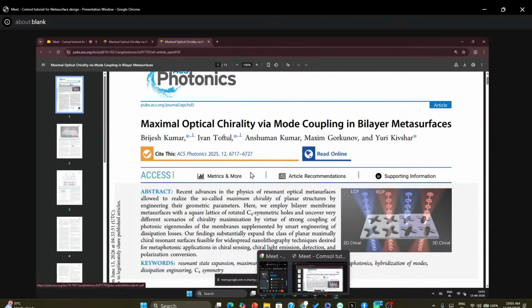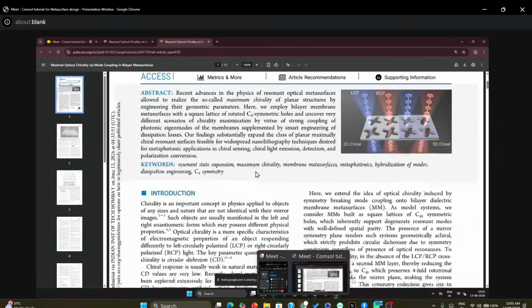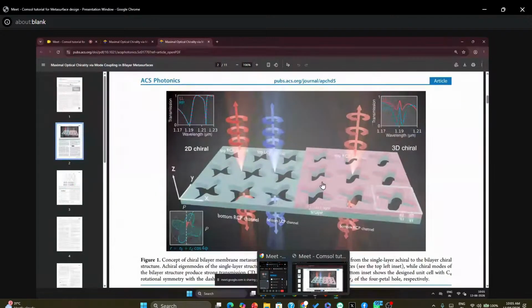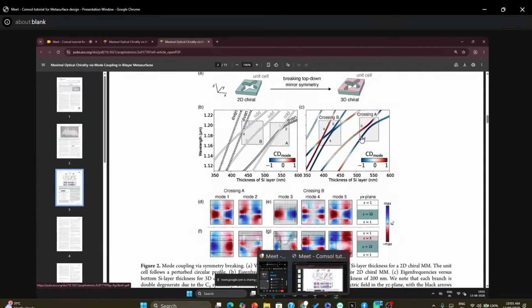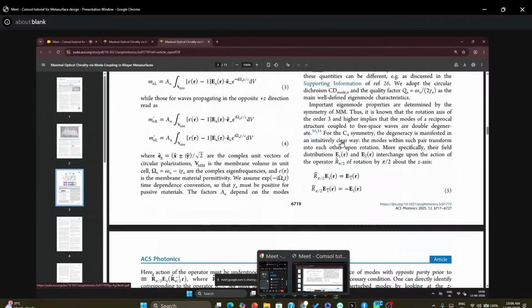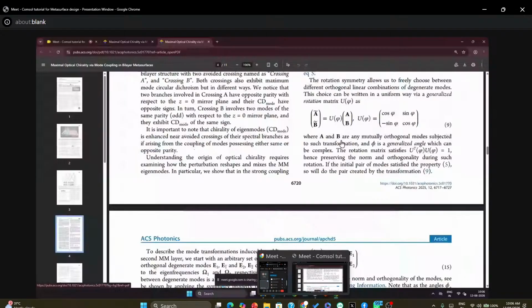Okay. So here I will take the example from this paper. In this paper we make this shape of the metasurface, which is a membrane metasurface, and then we will calculate the eigenmode frequency like something like this. All the modes in the metasurface we can calculate with eigenfrequency analysis, and then later I will show you how to calculate the transmission, something like